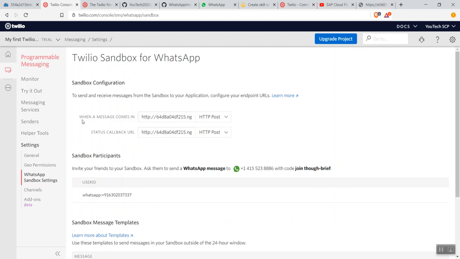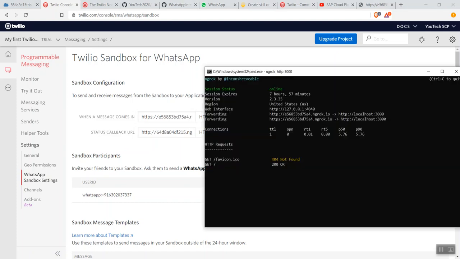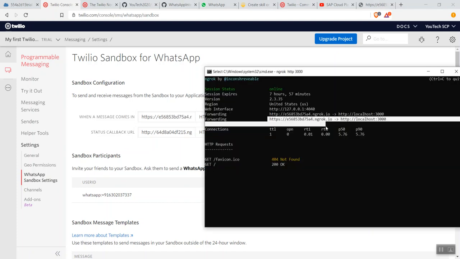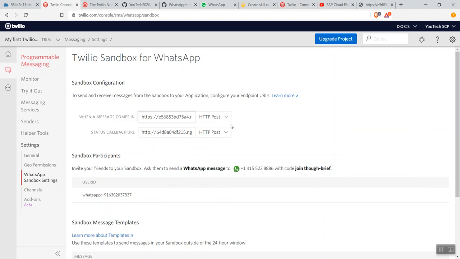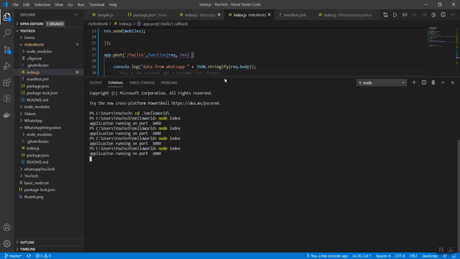Here you can see when a message comes in, where should Twilio send it back. This is what Twilio is asking. Just replace it; because this is my existing project, you can see some URLs are already configured, but ideally in your case you won't see anything here. So go to WhatsApp sandbox settings and enter your ngrok URL from the command line, the same URL you are seeing here, and after this some part is missing.